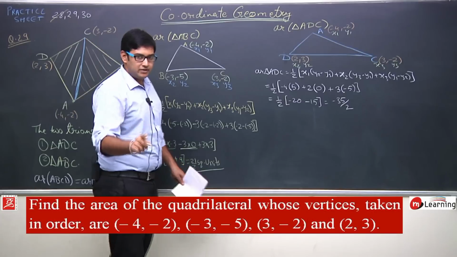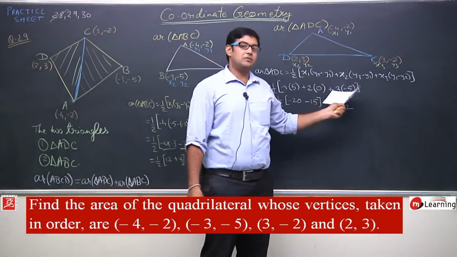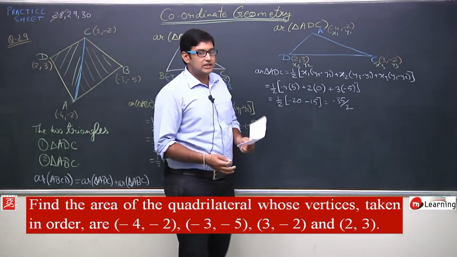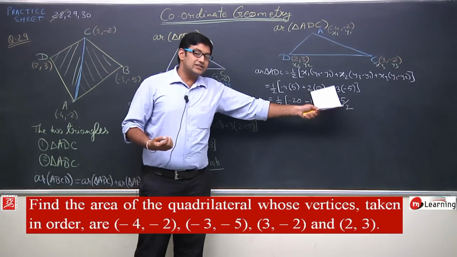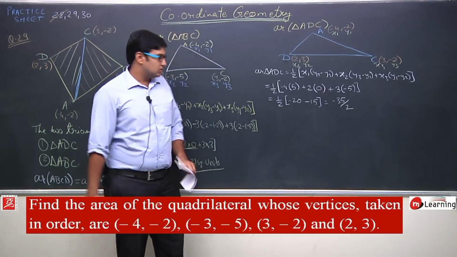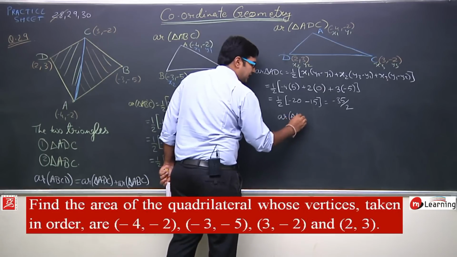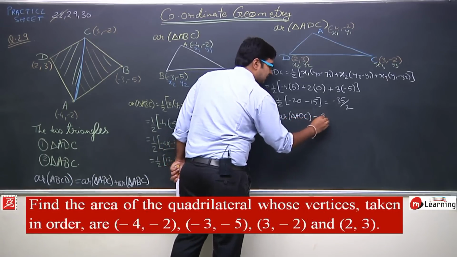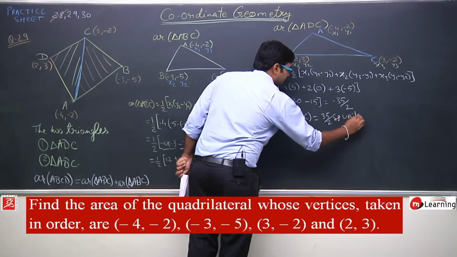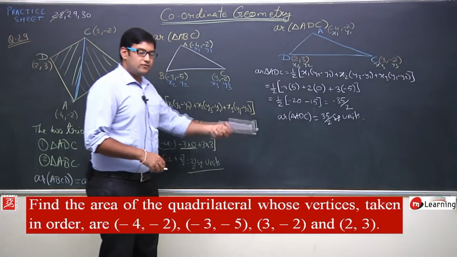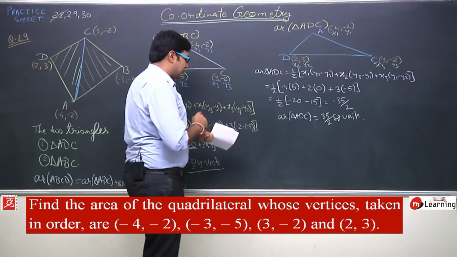But as I have said previously, area is never negative. After applying this formula, if I get a negative expression, what I am going to do is neglect this negative sign. So what is the area of triangle ADC? Area of triangle ADC is basically 35 by 2 square units. Okay. So if the area of ADC is 35 by 2 square units, then what is the area of